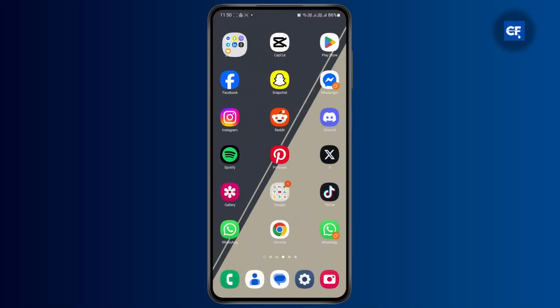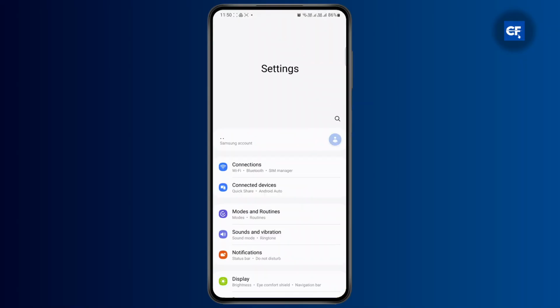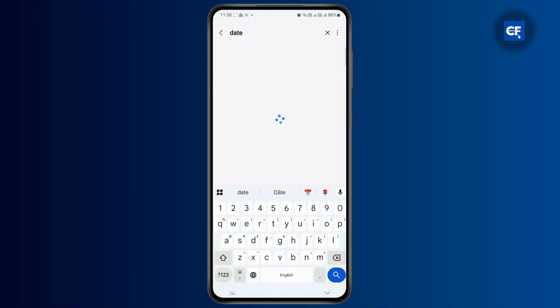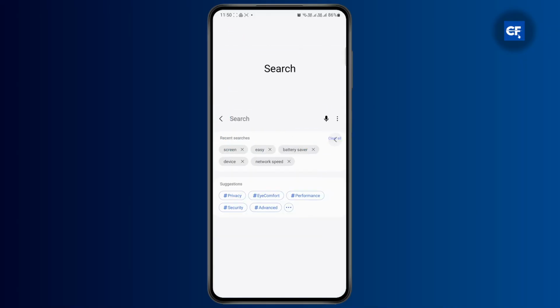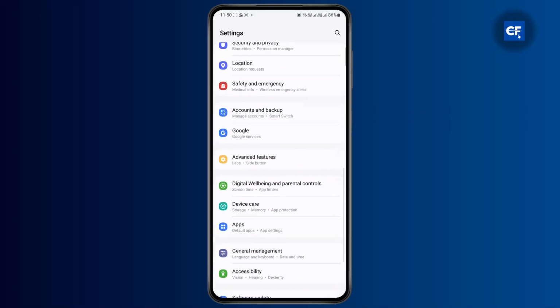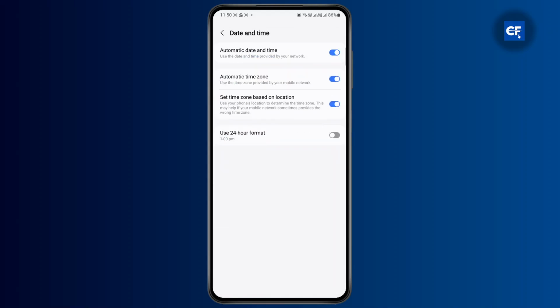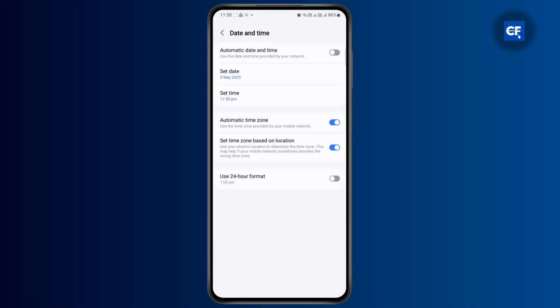from your device settings. So simply go ahead and open up your settings menu. Once you open up your settings, you can directly search for date and time here. Or what you could also do is find general management on your settings and you'll find date and time right here. Tap on it. Now from here, if the automatic date and time is turned off, then you're just going